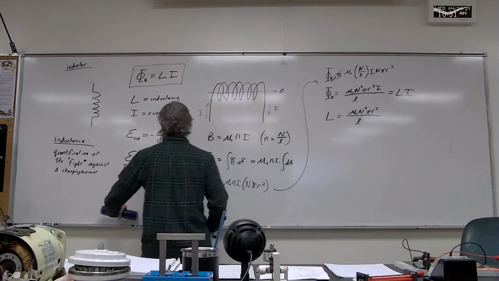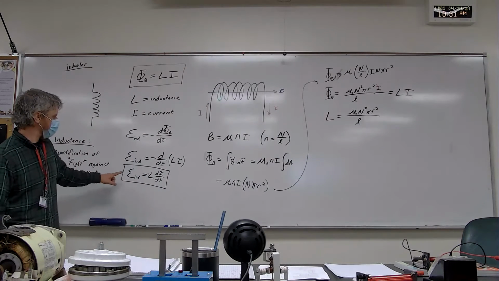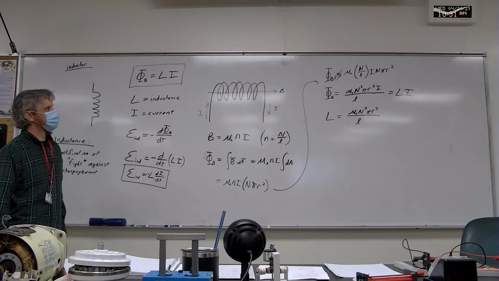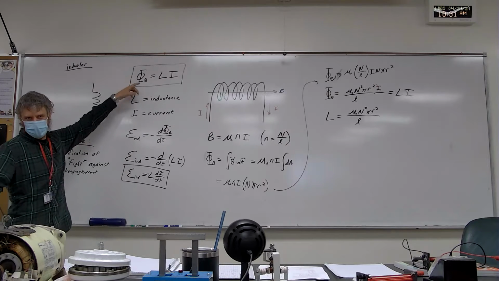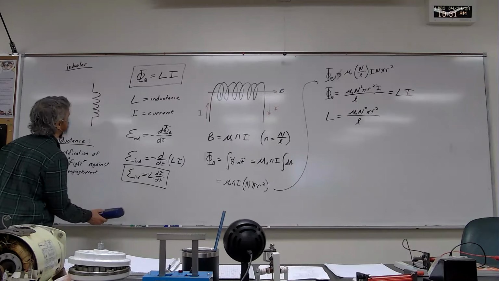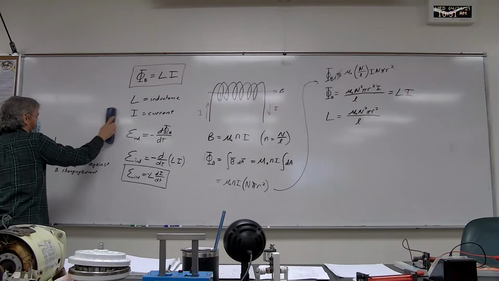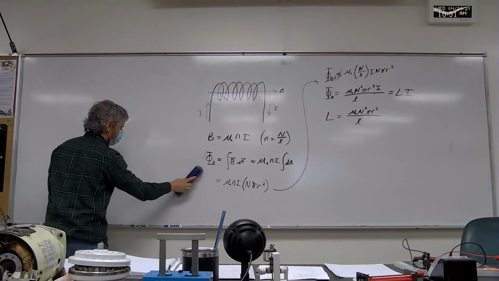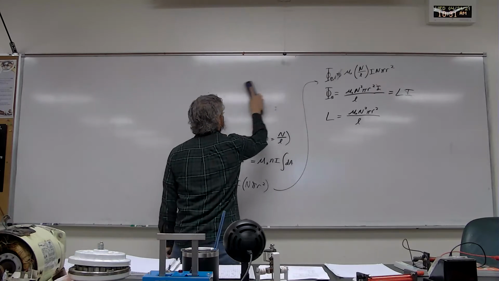So things you want to remember. This is on the formula sheet. This is not. So some of you might want to just note that magnetic flux is Li. Yes. All right. Now I'm going to go back to a circuit that we've dealt with early on when we first started studying circuits, before capacitors,